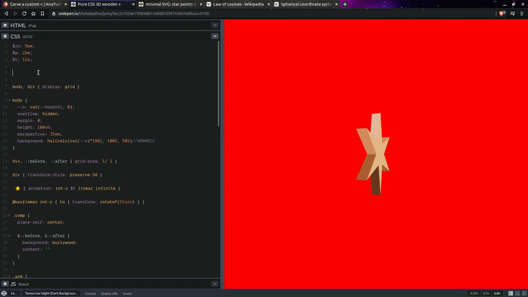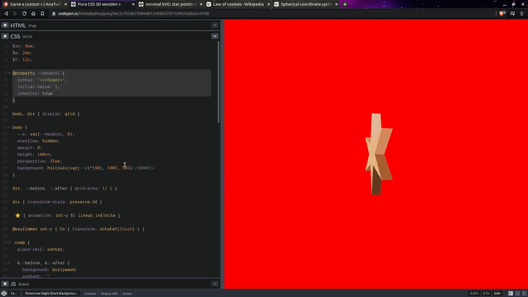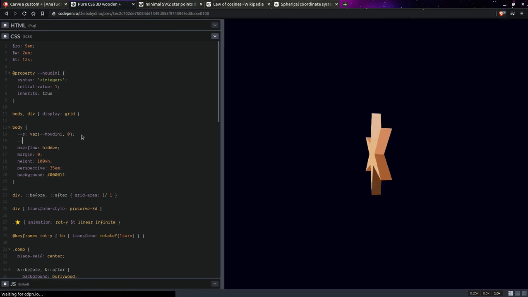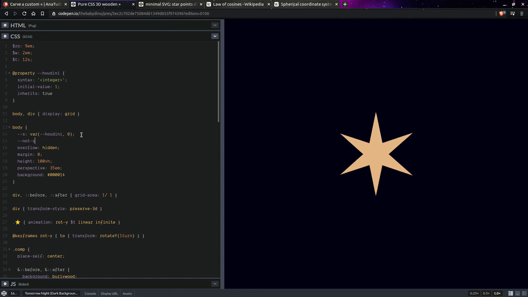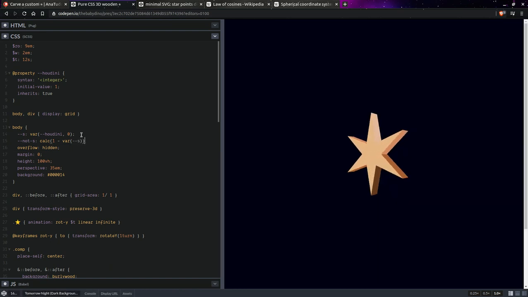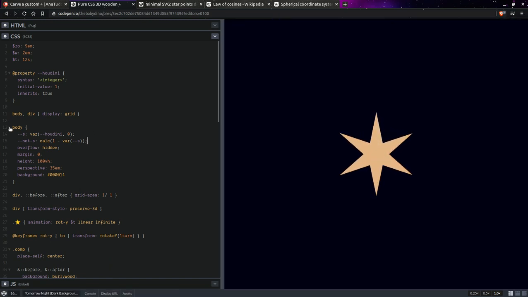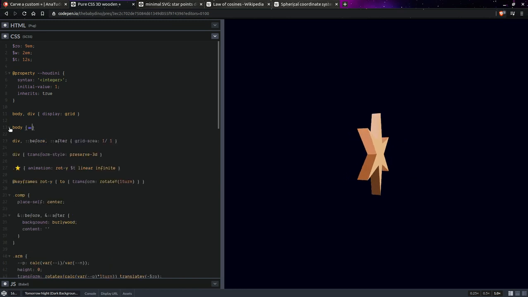And if Houdini is not supported, that custom property is not going to get registered, right? So that's kind of what we're doing here, except we'll be using it for the shading, not for the body background. So here we'll also have not supported, which is going to be calc 1 minus that support flag or support switch, whatever you want to call it. Okay, so having done that part,